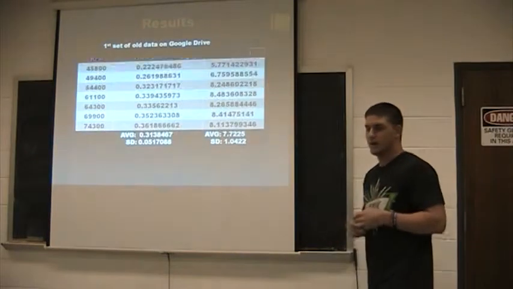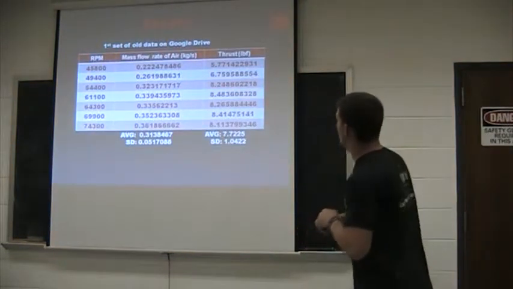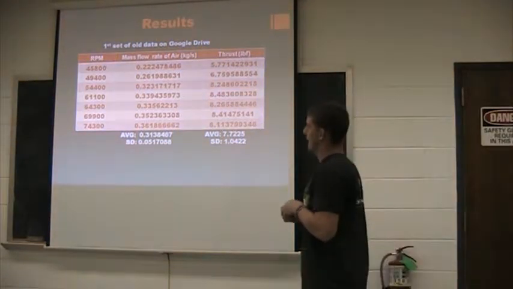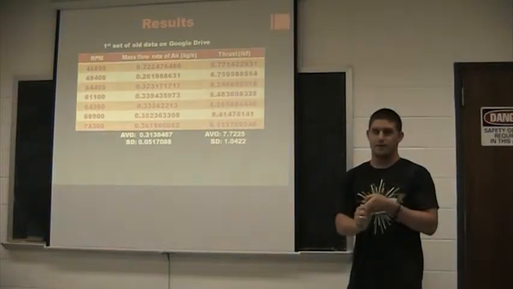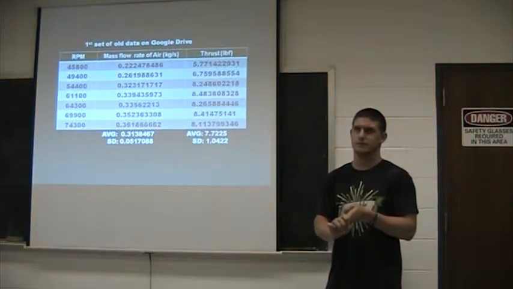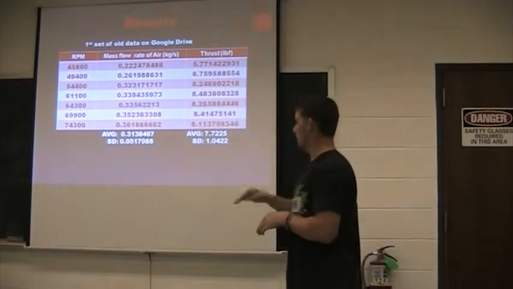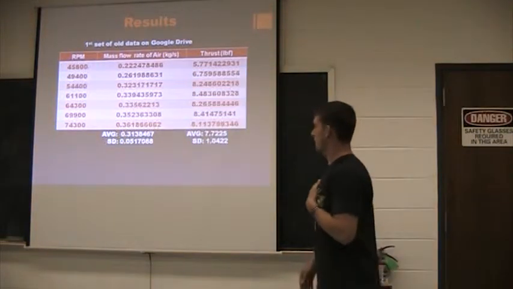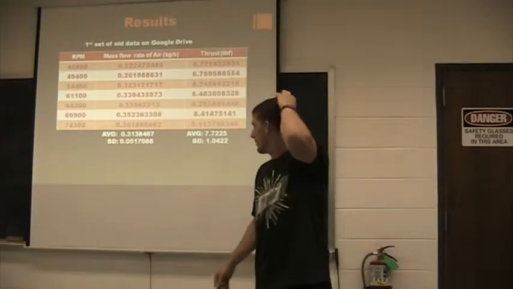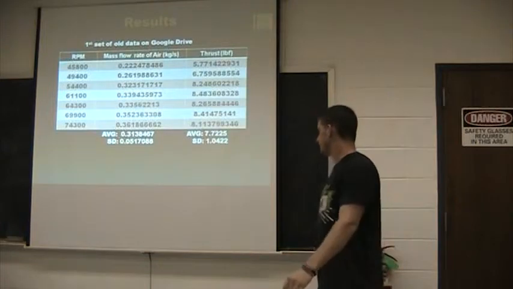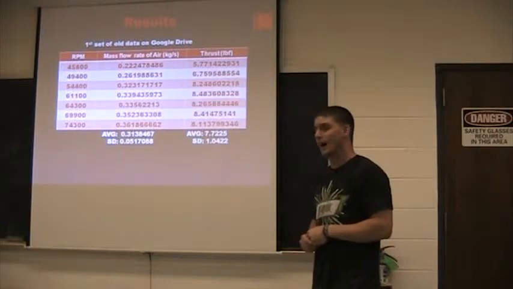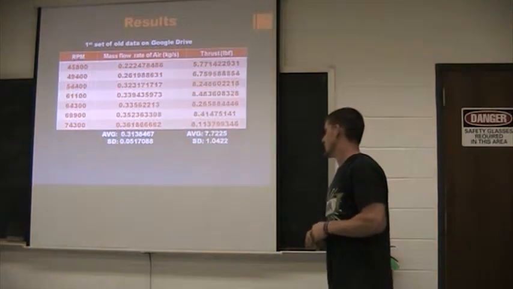Now some results. Here I have a graph of the table of results. As you can see, we were asked to calculate at 40,000, 50,000, 60,000, 70,000, and 80,000. And we also wanted to do some in between. But the overall mass flow rate average, we got to be 0.3138. The standard deviation of that was 0.051. And then the thrust, on the other hand, the average was 7.725. And the standard deviation of that was